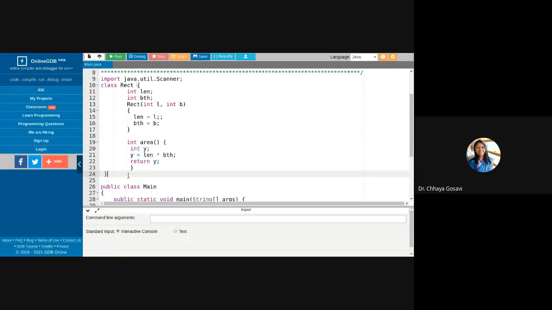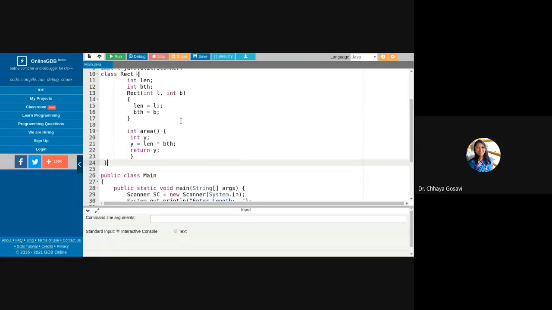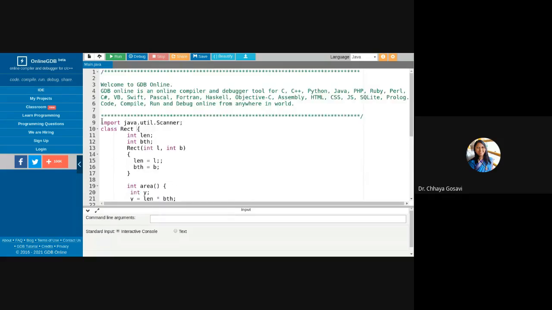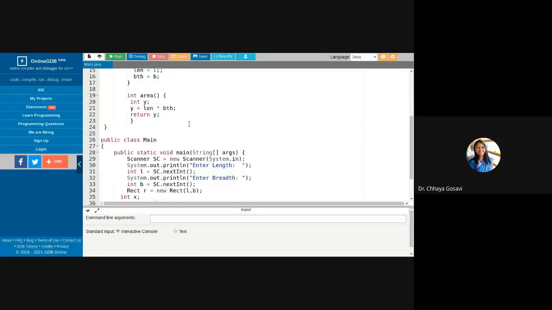And this is my main class, which has the main function. Note that here I have written import java.util.Scanner. The Scanner class is not in the IO package, it is in the util package. You can use util.* to include any class from the util package, or here I am very specific, as I have to use the Scanner class. So I am using the Scanner class from the util package to accept input from a user.